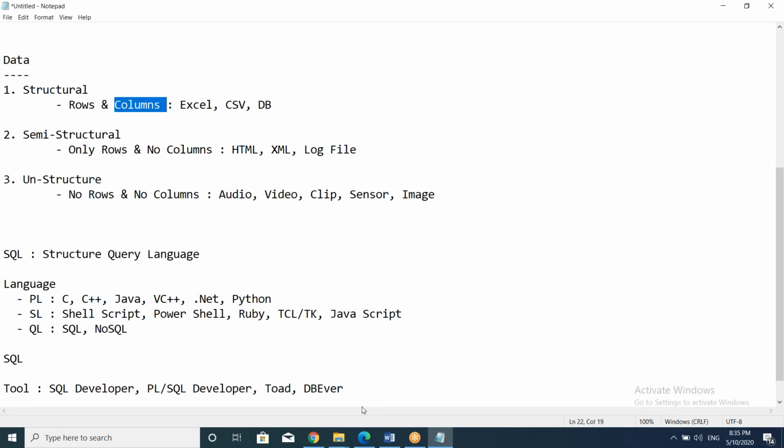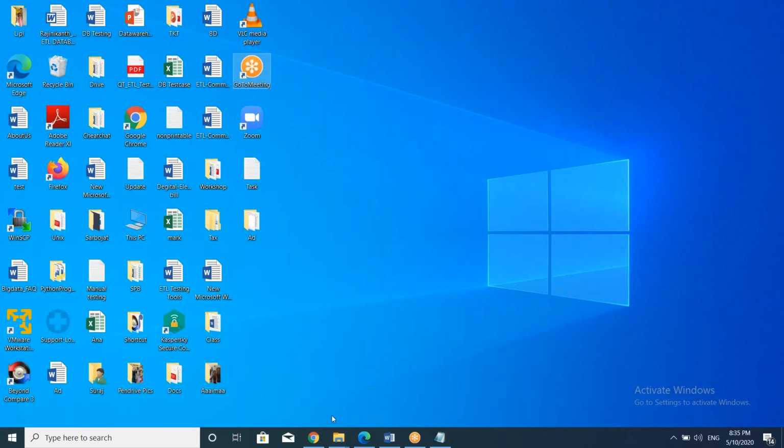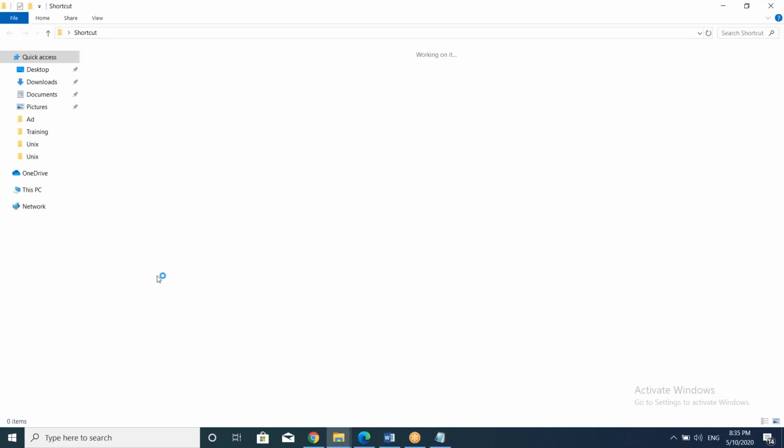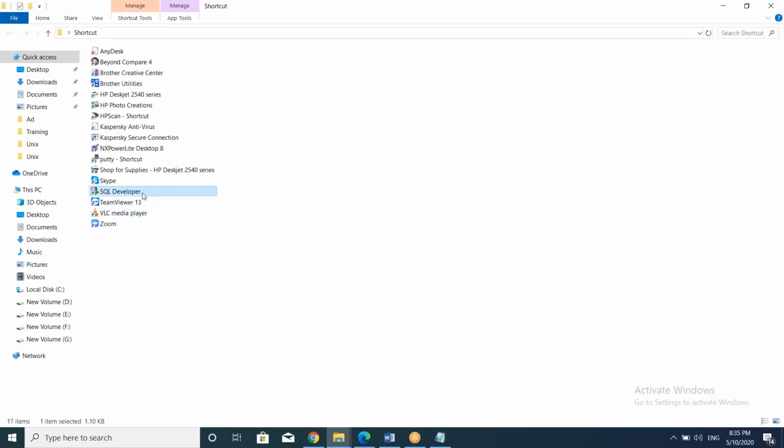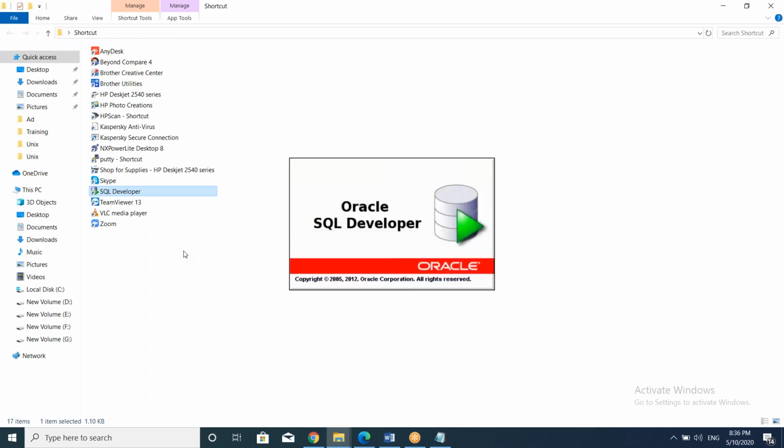Now here I installed SQL Developer with Oracle database. We can start that, and see some basic things. So here this is SQL Developer. As a shortcut it is present. If I open this, it is already installed and configured with Oracle database. You can install it in your system also, otherwise I will send some documents you can refer to. You can install it in your system also. For your practice it will help.